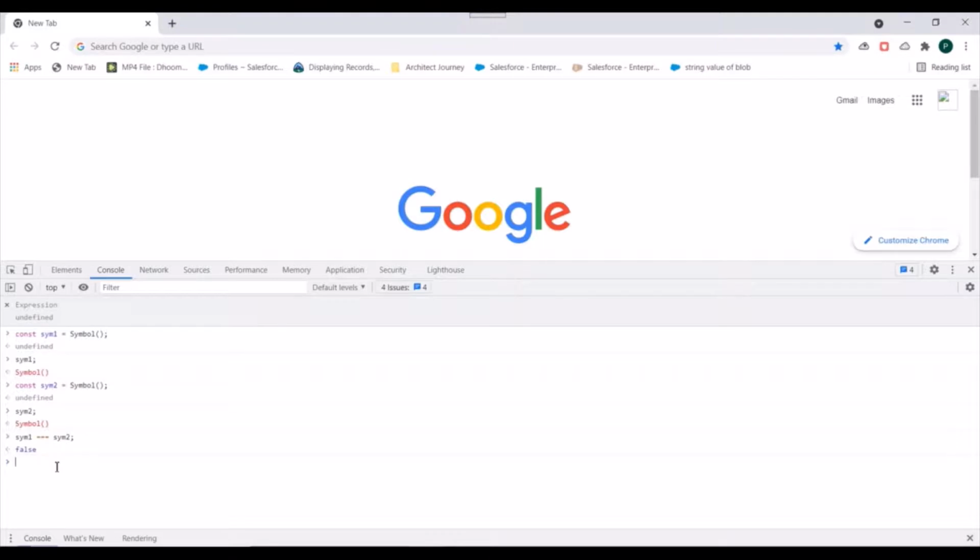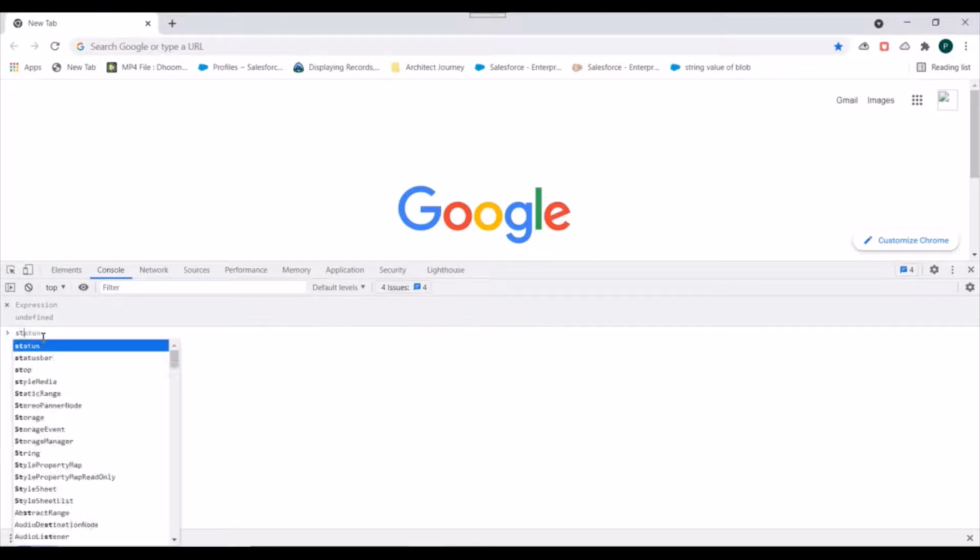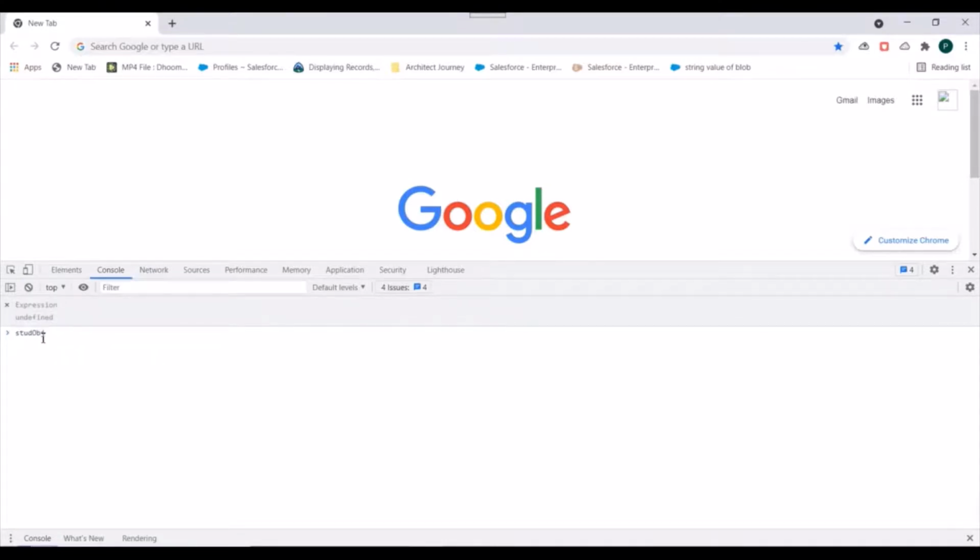So for example, let's clear this. I'll give you an example. So let's create an object, student object, okay, equals to blank for now. And what we will do is we will create unique keys for that.